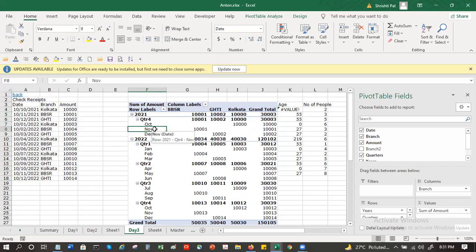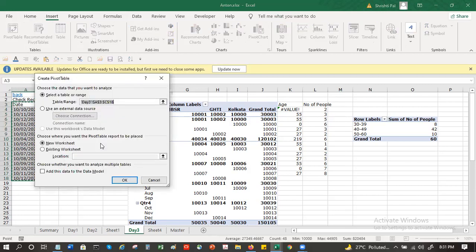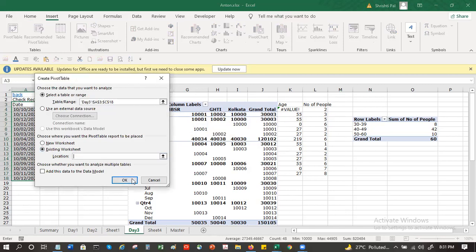Okay, so that is it on this. Now, while we are on this topic, let me create another pivot table here quickly. There was another question that you had asked about doing a comparison.